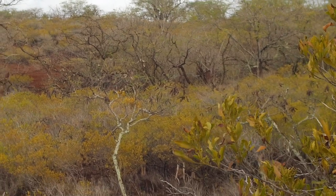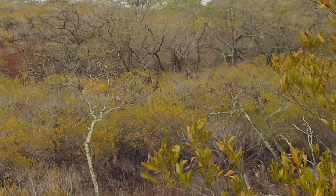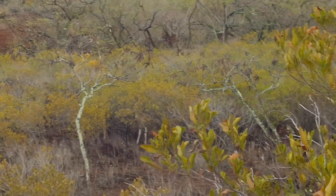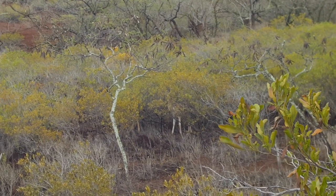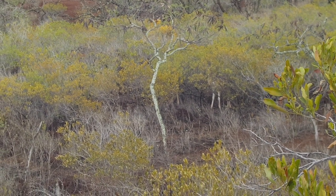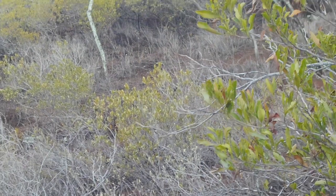I'm about to go full draw right here. She's looking towards me, and you're gonna see her run away and get spooked right there. So I'm just gonna try and pick a spot between the bushes and try and shoot that doe frontal and let off a shot. As you can see, she's gonna duck. I don't know, it sounded good, it looked good, but